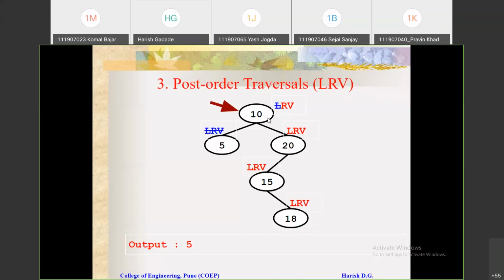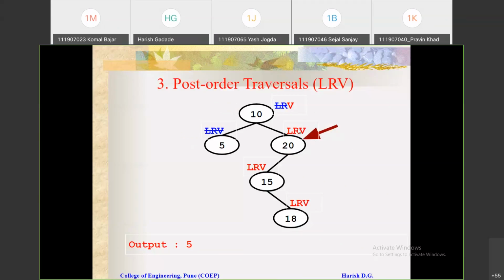Right? Again here at 10, it will check is there any pending step or not. So here 2 steps are pending. So first step is what? From the pending. So move towards right. So it means this pointer will come to this 20. Simply, you can see here. Right? So that pointer is at 20.